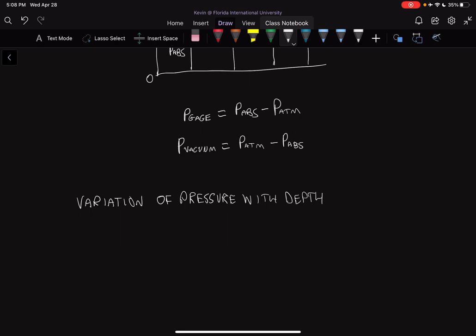And pressure varies with depth in the following way. So we can say that in a fluid at rest, pressure does not change in the horizontal direction. Okay, so the first thing we can say is that in a fluid at rest,